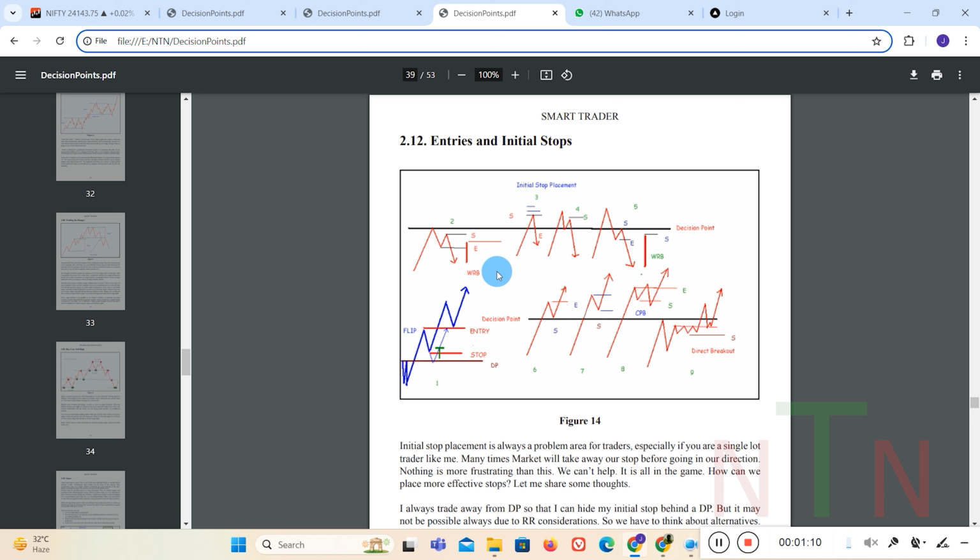So the open price is very important because we want to know whether the open price is opening below the decision point or above the decision point. As an intraday trader, we know the decision points are the previous day high or low, and the price action, the swing, is happening. Along with the open price, we get crisp and clear entries in the trade.